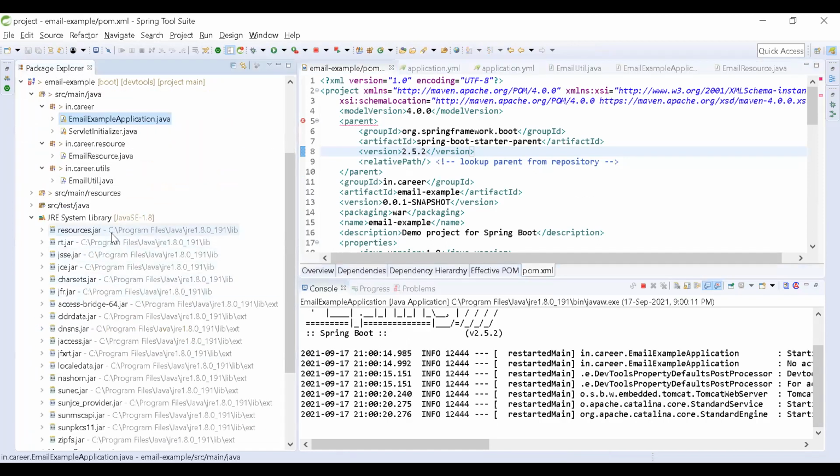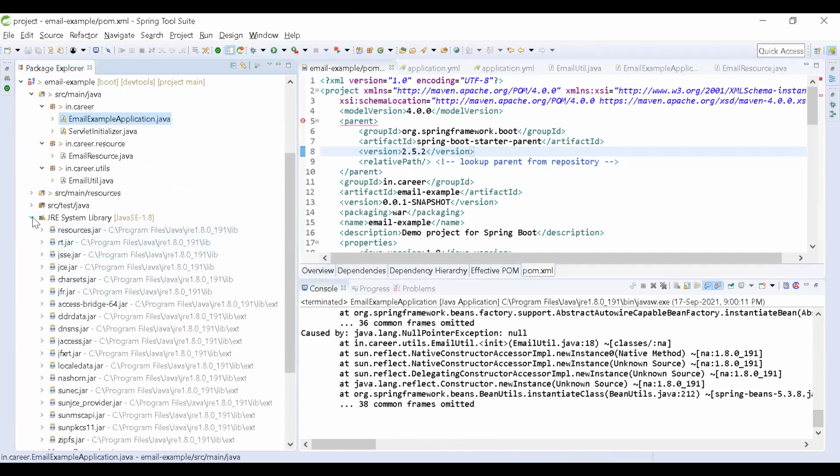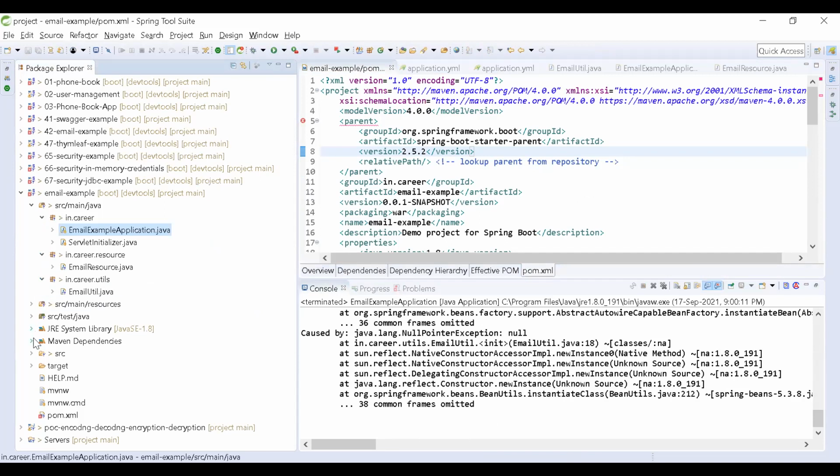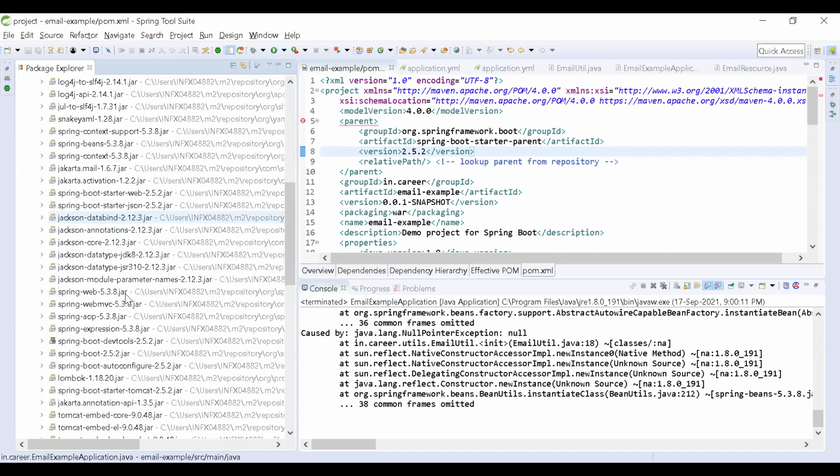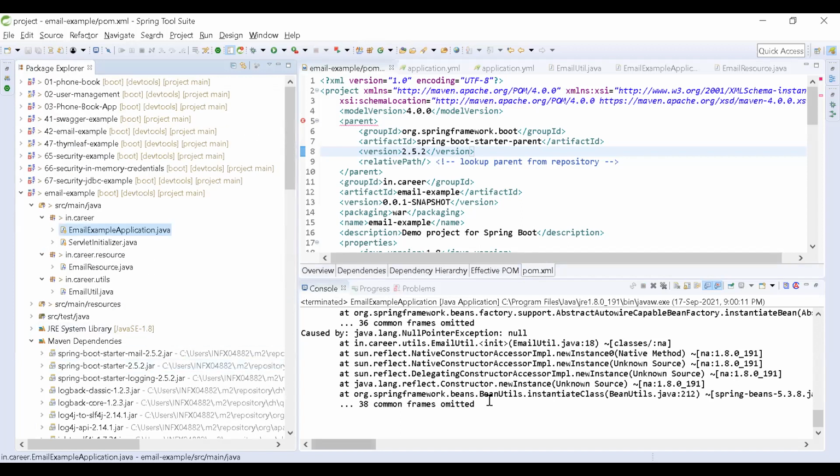I am checking what its version is. Maven version, Spring Boot 2.2. Something is missing, so I am going to check it once.